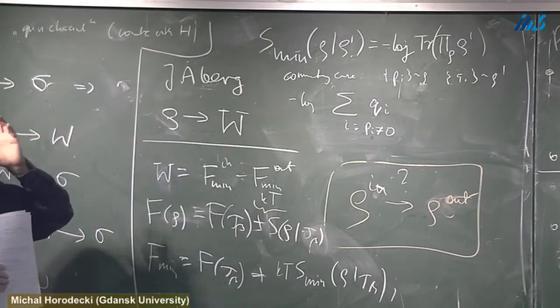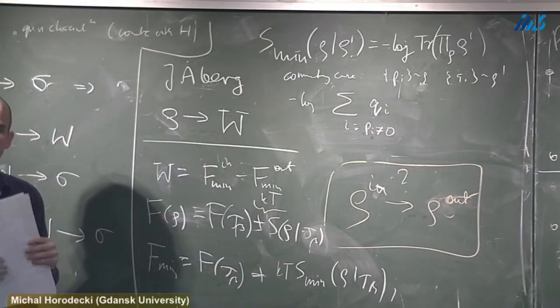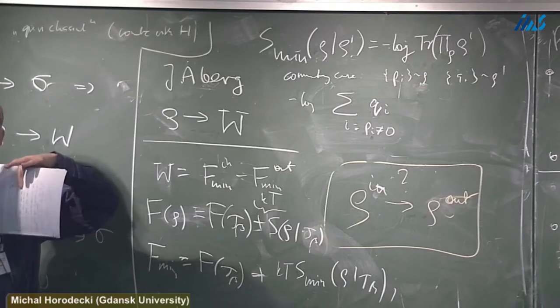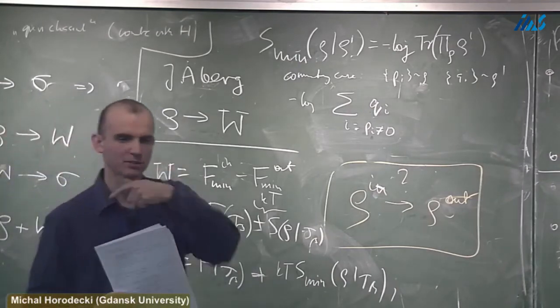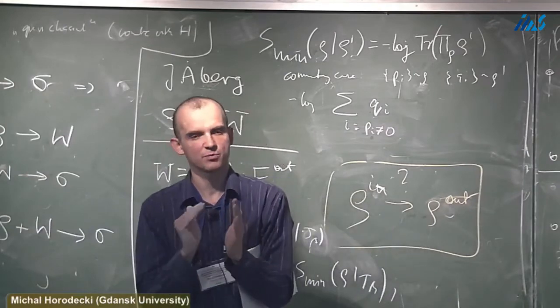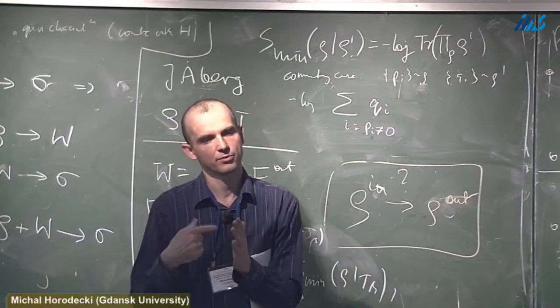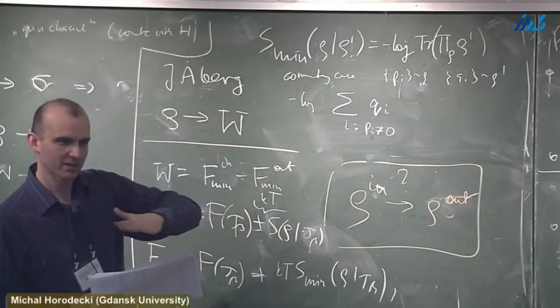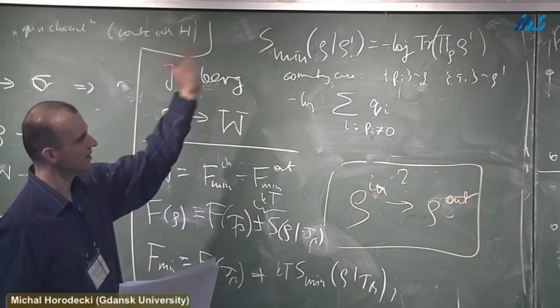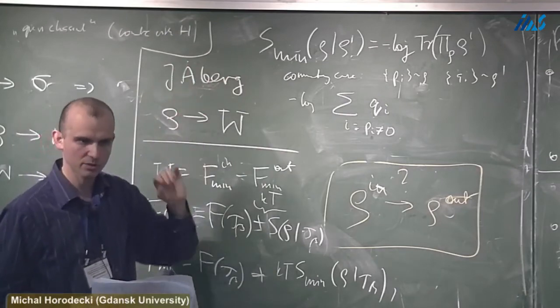So already here you see that you can only get some work from a state when it has some non-occupied levels. And this is very similar to thermo-forecasts. So in thermo-forecasts you had this pure state, 0. From this you got work. And here you had just one level occupied, the other not. And here you have to have some empty levels to get some work.